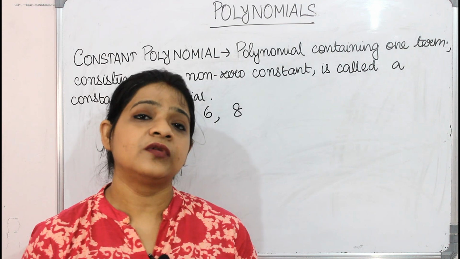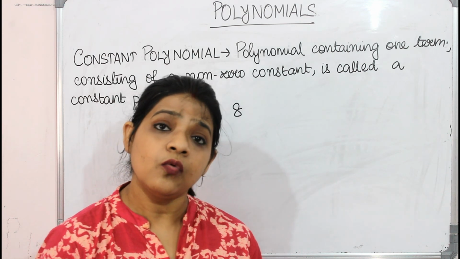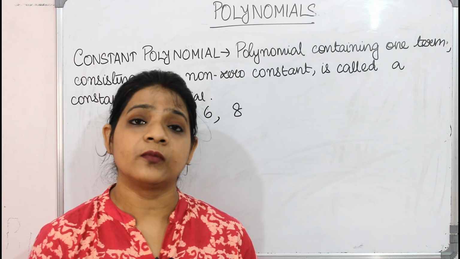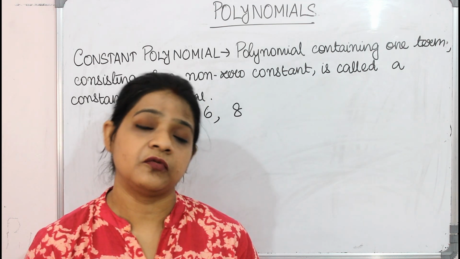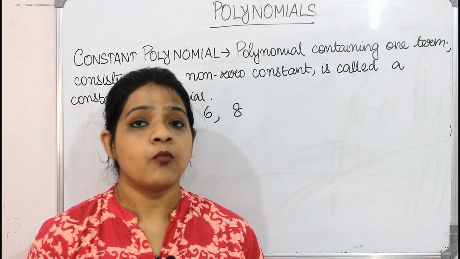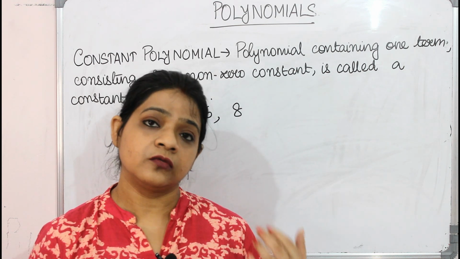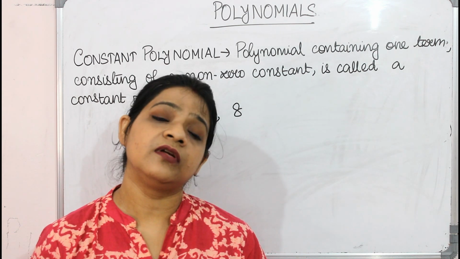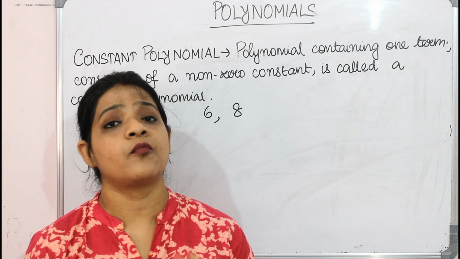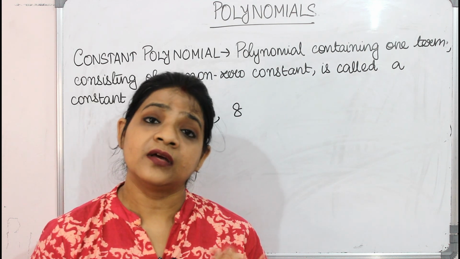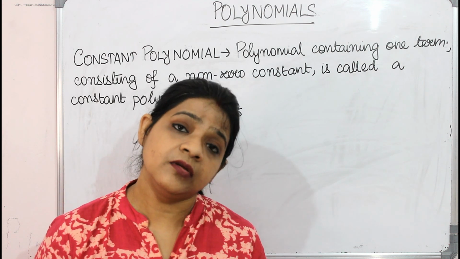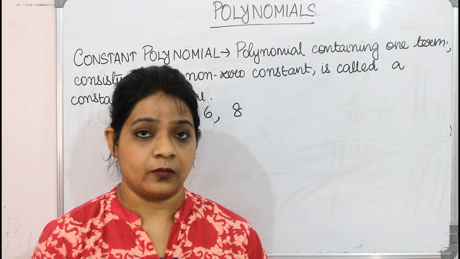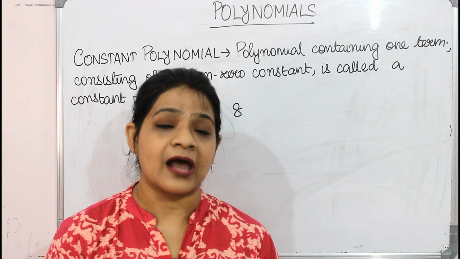So today I have tried to tell you what are degrees, what are the terms of a polynomial, and what are the types of terms that we find in a polynomial. Next class we are going to take some examples and try to identify whether it is a polynomial or not, what is the degree of that polynomial, and how many terms are there in a polynomial. So today I am ending the class here.